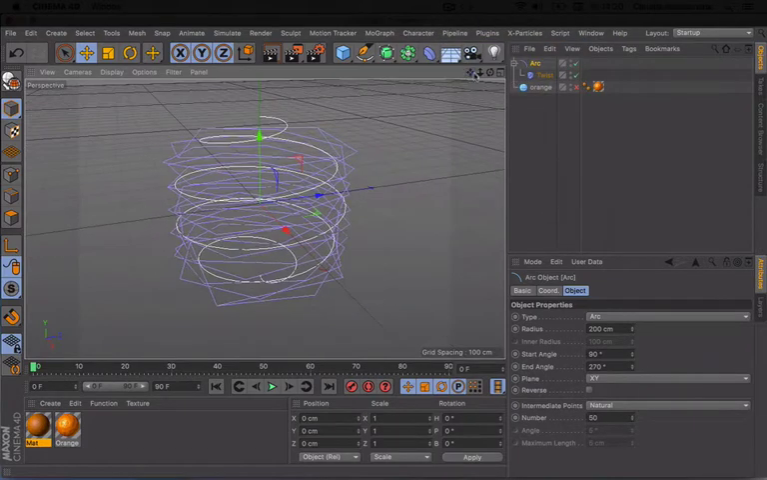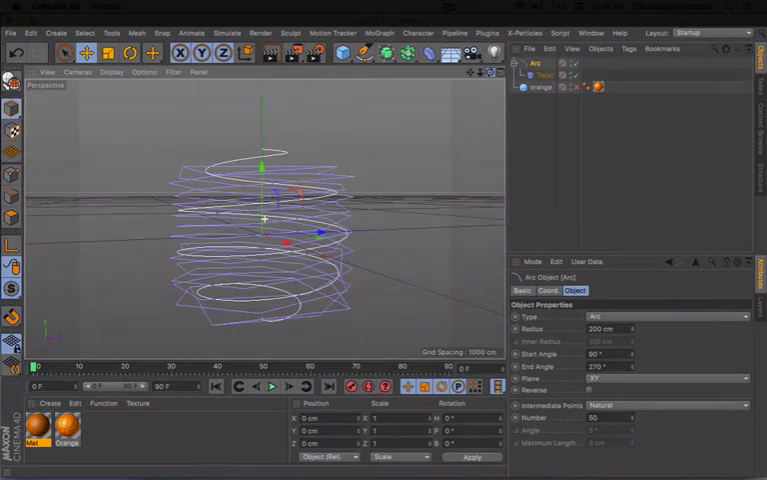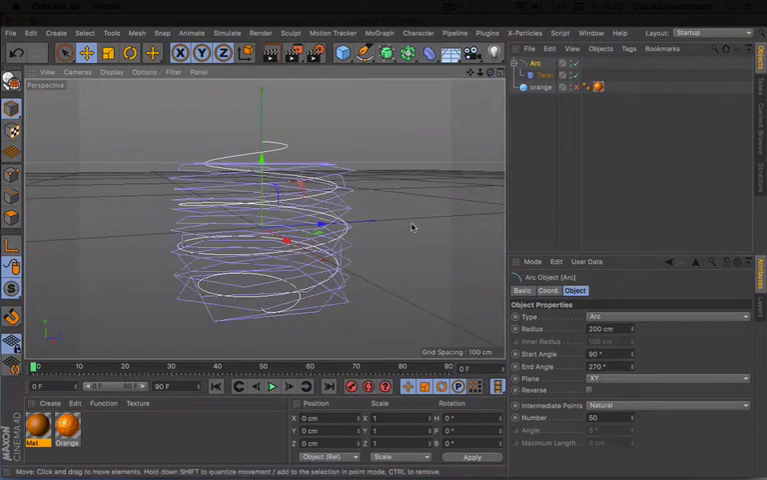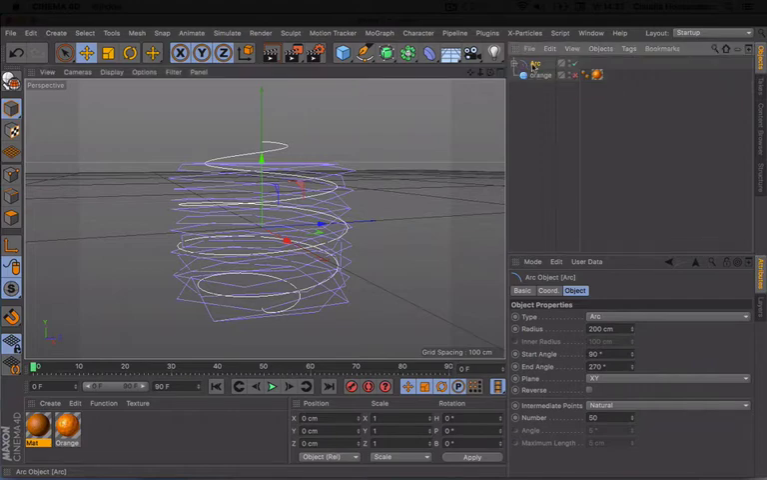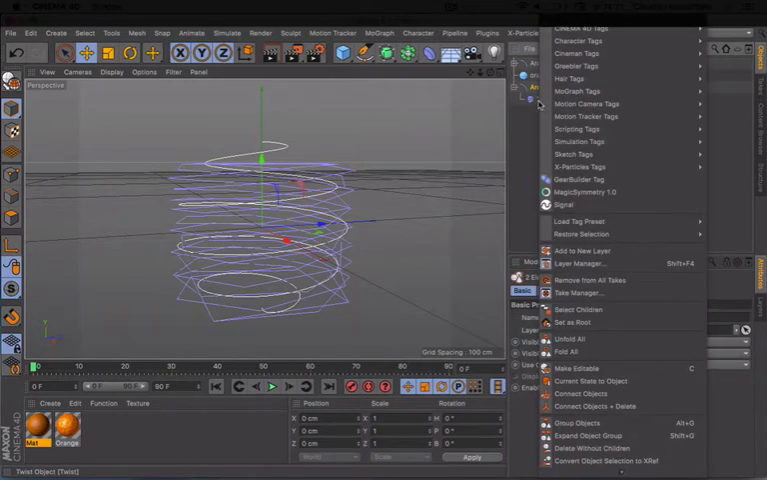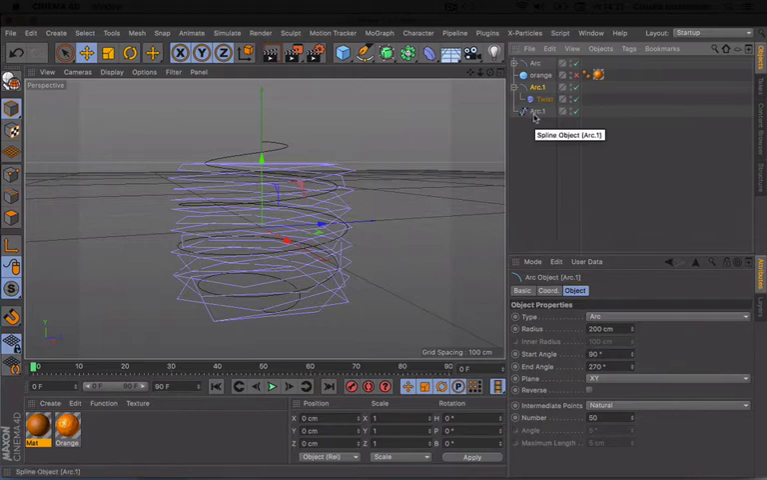Okay. And now what we want to do is turn this spline, because it's actually a spline, into a real object. But I always like to keep some original settings, because if I want to change something later on I still have the original settings. So I keep this arc and make a copy like this, and then I'm going to convert it into an object, and you see now it's